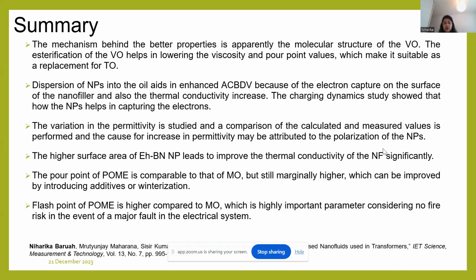So yeah, nanofluids have a little bit of disadvantage in that they tend to settle down over due course of time. Surfactants or other additives can be added to keep them afloat in the mineral oil to maintain their property throughout the course of time. So I think more research needs to be done in that area. However, natural esters are gaining quite some prominence because of their different properties, and they are comparable or better when compared to the mineral oil.